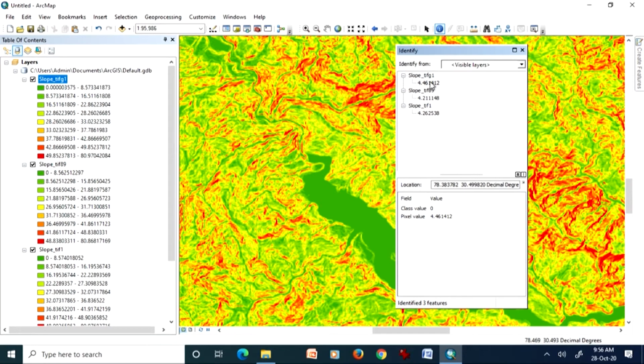So that means that geodesic with Z factor 1 is really overestimating the slopes. Whenever you perform any such analysis, whether you are using the slope tool or any other tool, the best way, if you have some ground information, prior information about certain locations of the slope conditions, is that you can always check and verify. In the remote sensing domain, we also call this ground truthing. So you can do the ground truthing if you have that data available to you.